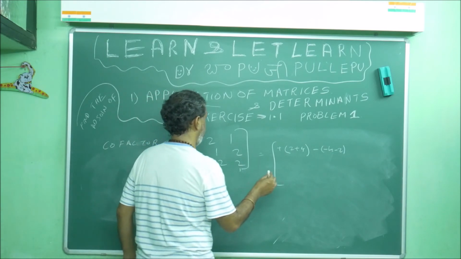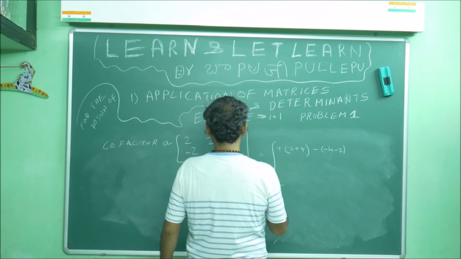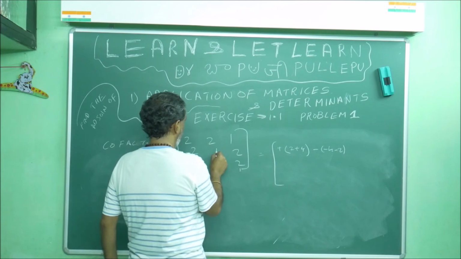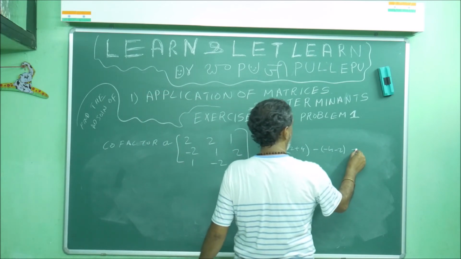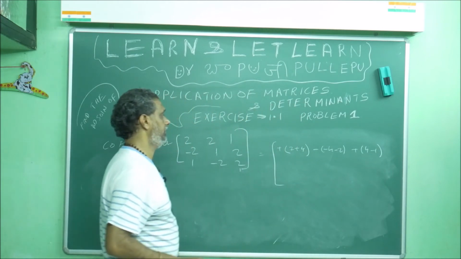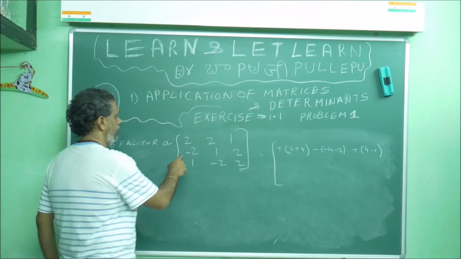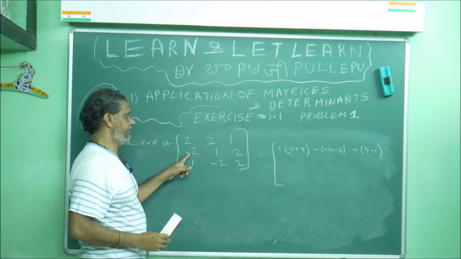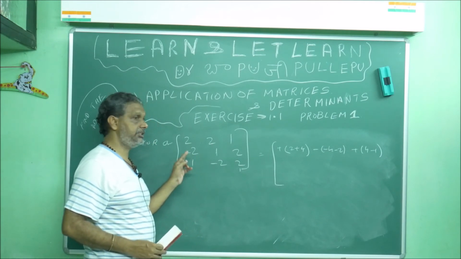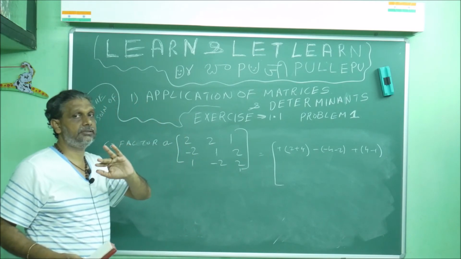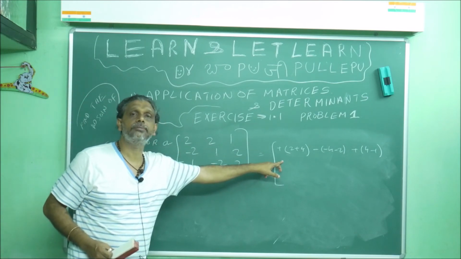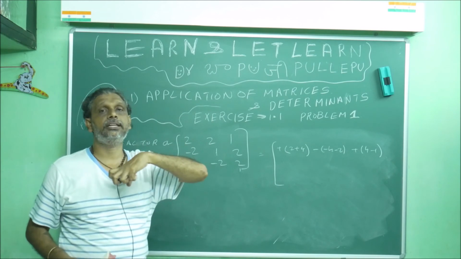Then what will I get? What will I do for this? For 1, leave this, 2 into 2, 4, 4 minus 1, 3, plus 4 minus 1. Getting or not? Now for this minus, you don't worry about this minus. My formula here should start with minus here. Whoever it may be, don't worry. This minus and that minus will cancel, you don't think like this. Getting or not? Whatever it may be, this sign should be minus only, because of the position you are getting.